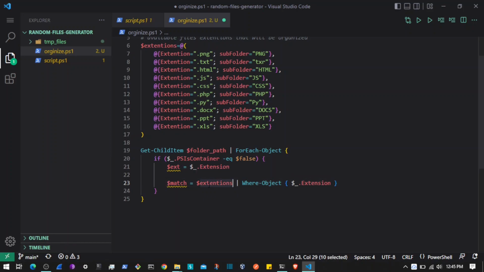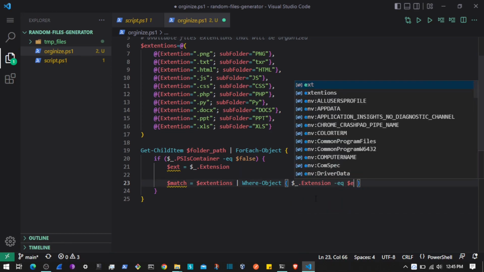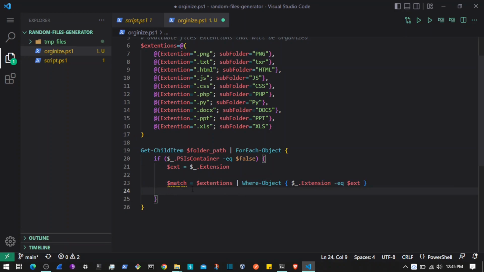For each of these items we are getting the extension. So for each of those extensions, if that is equal to the $ext variable that we created here. Now whenever there is any extension matching, we will have that object in this variable. These are the objects, and the extensions are the array of objects. So if there is a match,